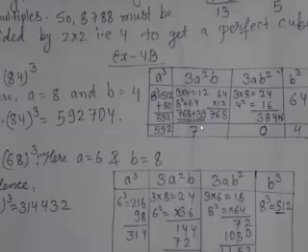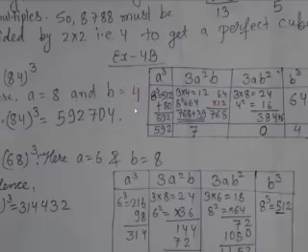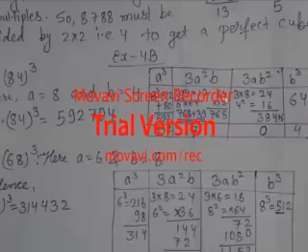You might not have understood because I made it a bit complicated, but it is small. I hope by watching this video you can understand. Now 3a square b: a is 8, so 8 square is 64, and 3b is 3 into 4, 12. So I multiplied a square and 3b: 64 and 12, 12 fours are 48, carry 4, 12 sevens... 12 sixes are 72, and 4, 76.